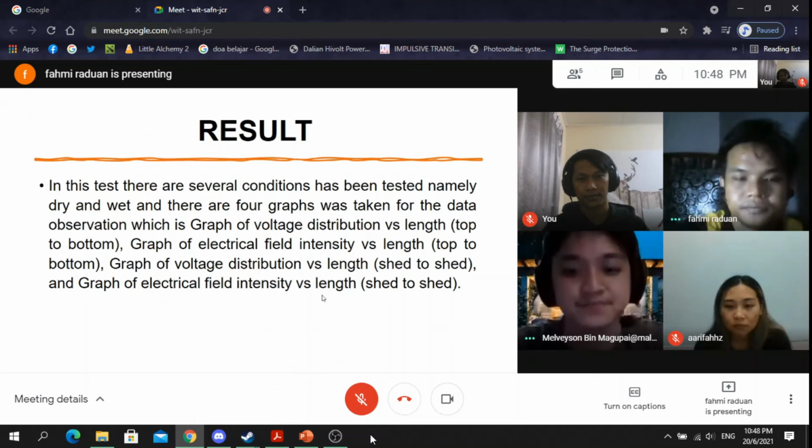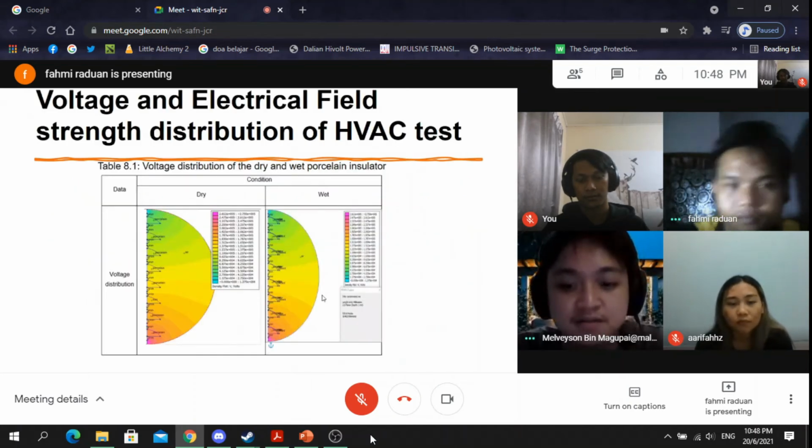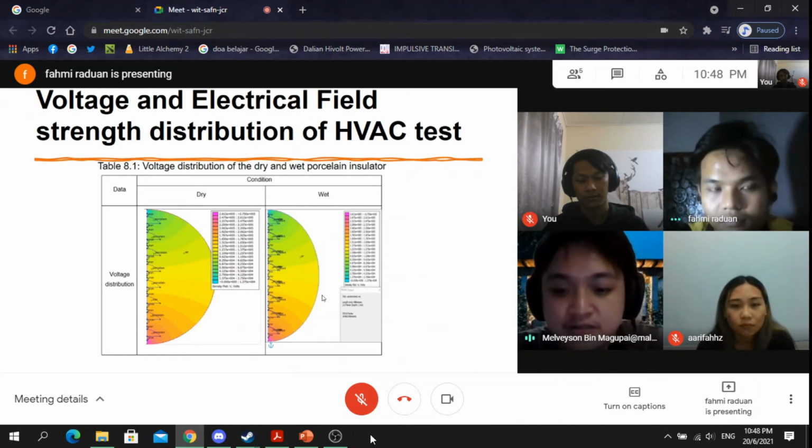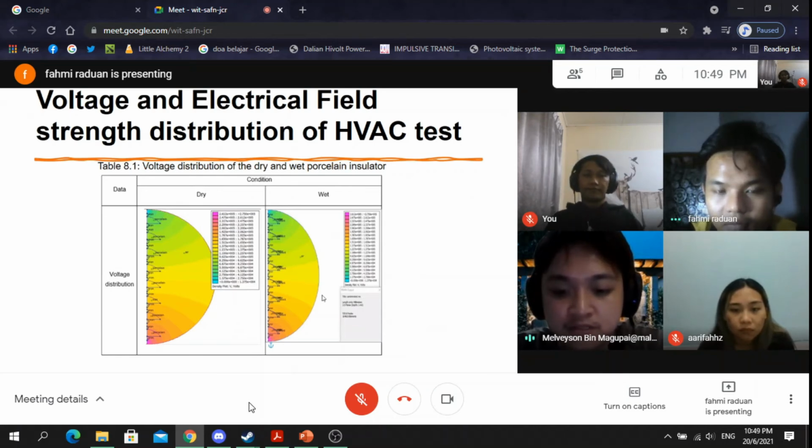Next, the voltage and electrical field strength distribution of the HVAC test was simulated using FEMM software. Based on figure 8.1, the voltage distribution for dry and wet is almost the same. Voltage distribution is higher at the bottom part, which is